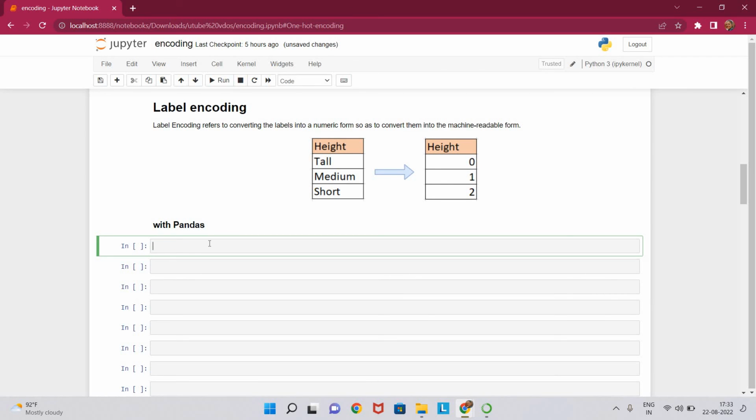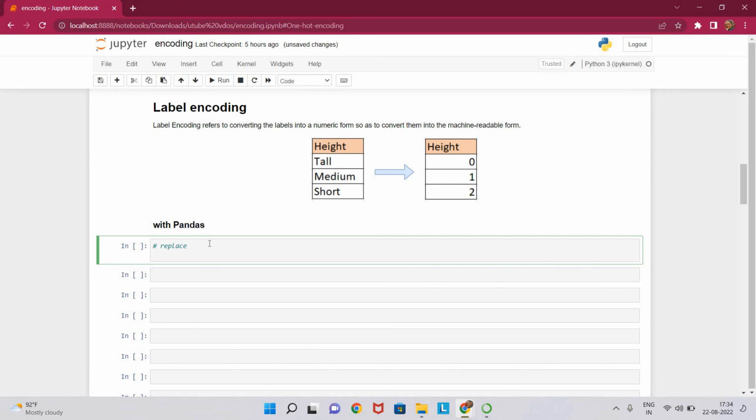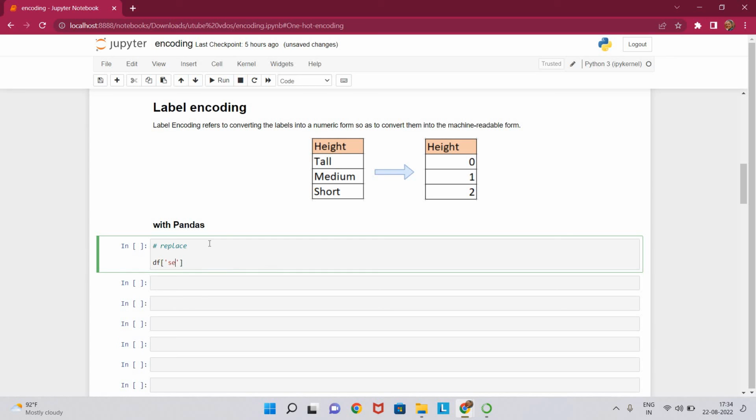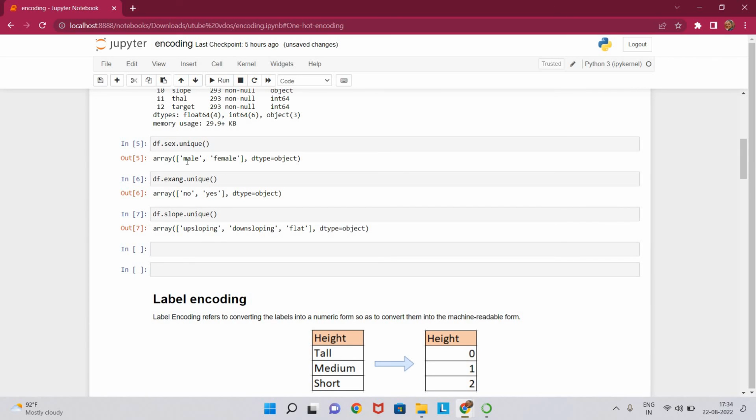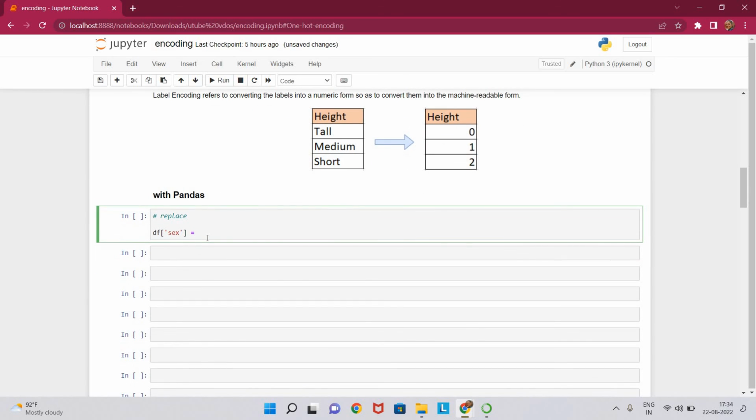Label encoding can be performed in 2 ways. One is with pandas and one is by using the sklearn library. In pandas, we make use of the replace function for label encoding. So we know that this sex column has 2 unique values, male and female. So we will represent male by 0 and female by 1. For that,